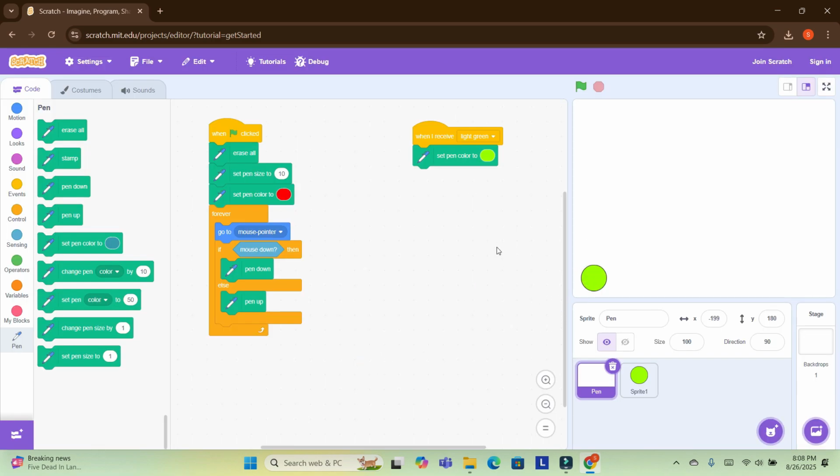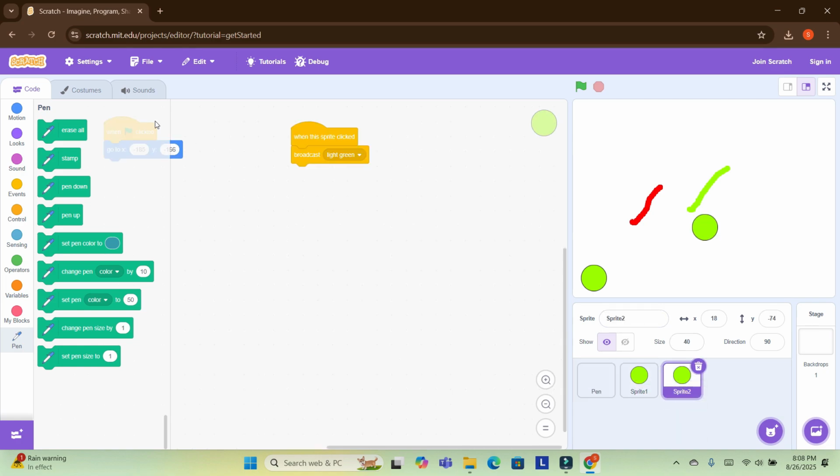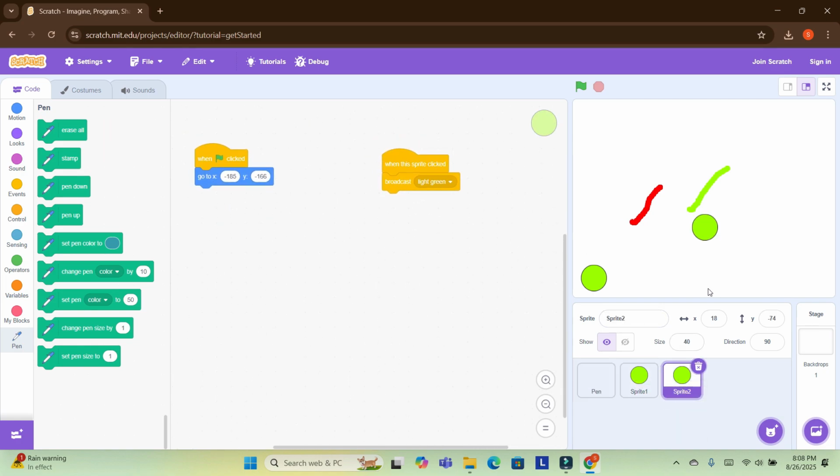So it means when we select this sprite, I will show you. First it is red. Now I will click on this sprite, so the pen color changes. So it means we have two colors. Red color is permanent and green color we can add by doing this. Now it is working. Now I will duplicate this sprite, but I will change its position.